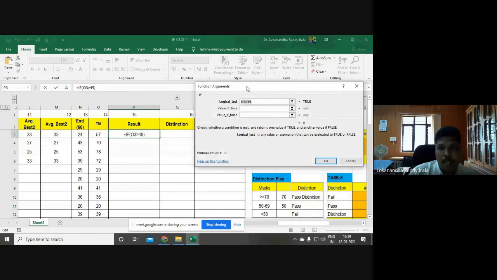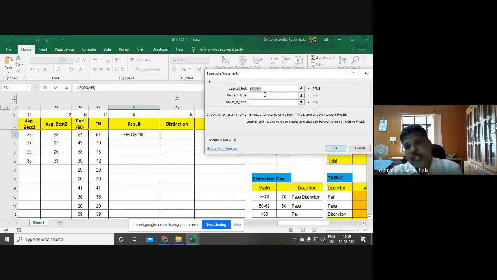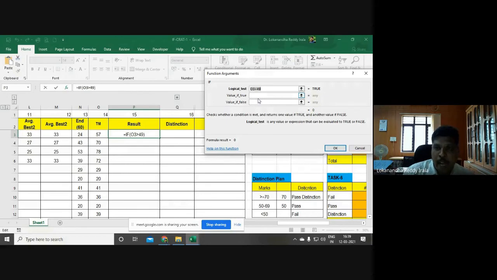Now you open the function argument box. Now you see here, the if function has 3 arguments. The first argument is called logical test, where you will give a test for Excel to conduct. So I am asking Excel to see whether the value in the cell O3, currently 57, is greater than 49. If it is, I want Excel to return a result.